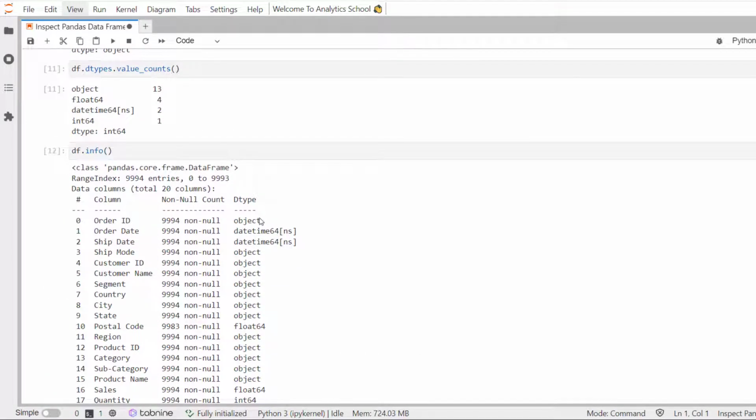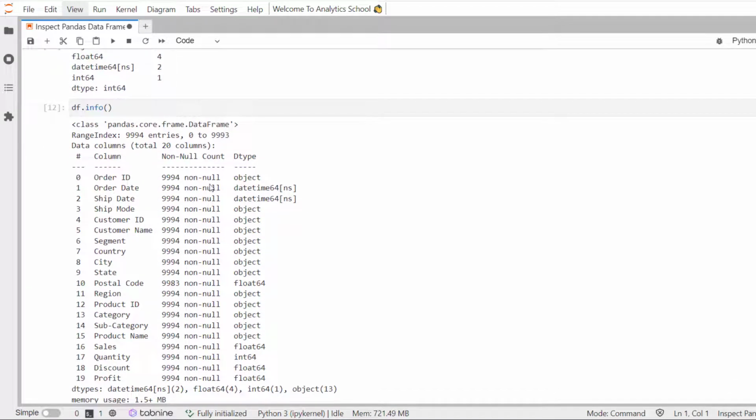So you can see here it is providing us a lot more information than what dtypes provide. So here it is telling you what type of data it is. It is a data frame, not a series. Range index is basically the default index. Data columns, there are a total of 20 columns, and then it is providing you the information about dtypes, how many non-null values, as such, but it's telling you how many records there are, 9994 non-null records, but there is one column, postal code, which is providing you the information that there are some missing